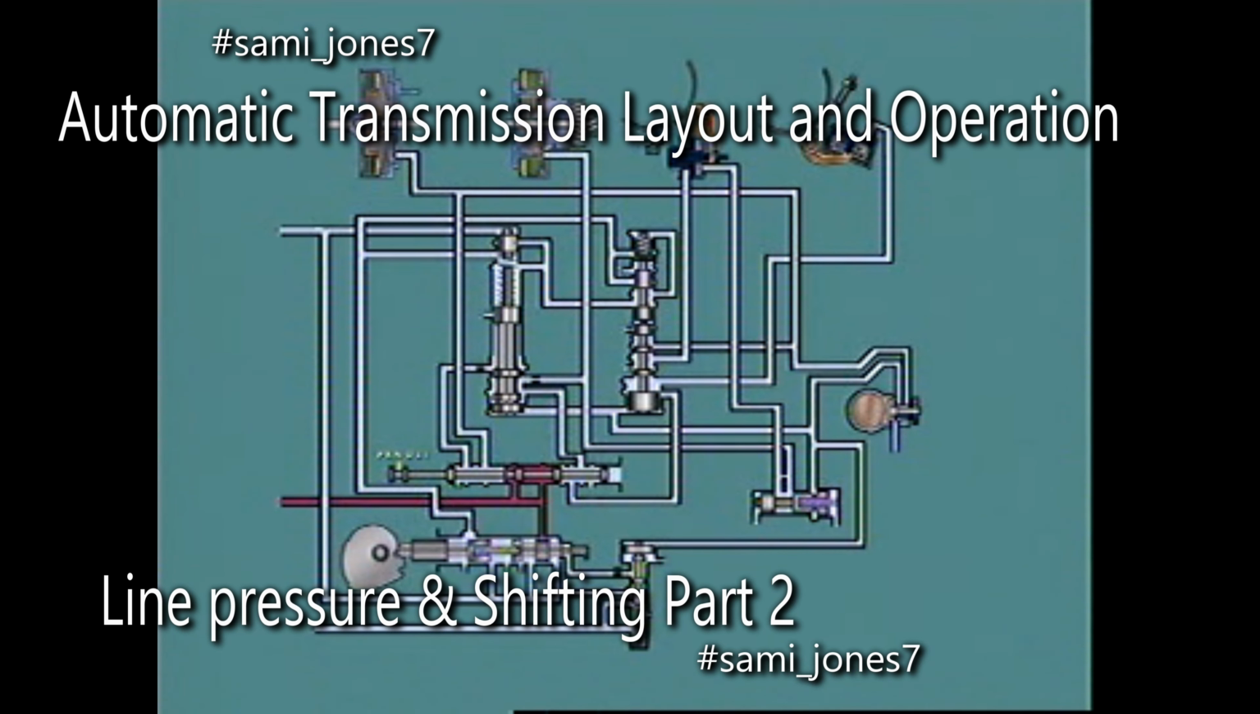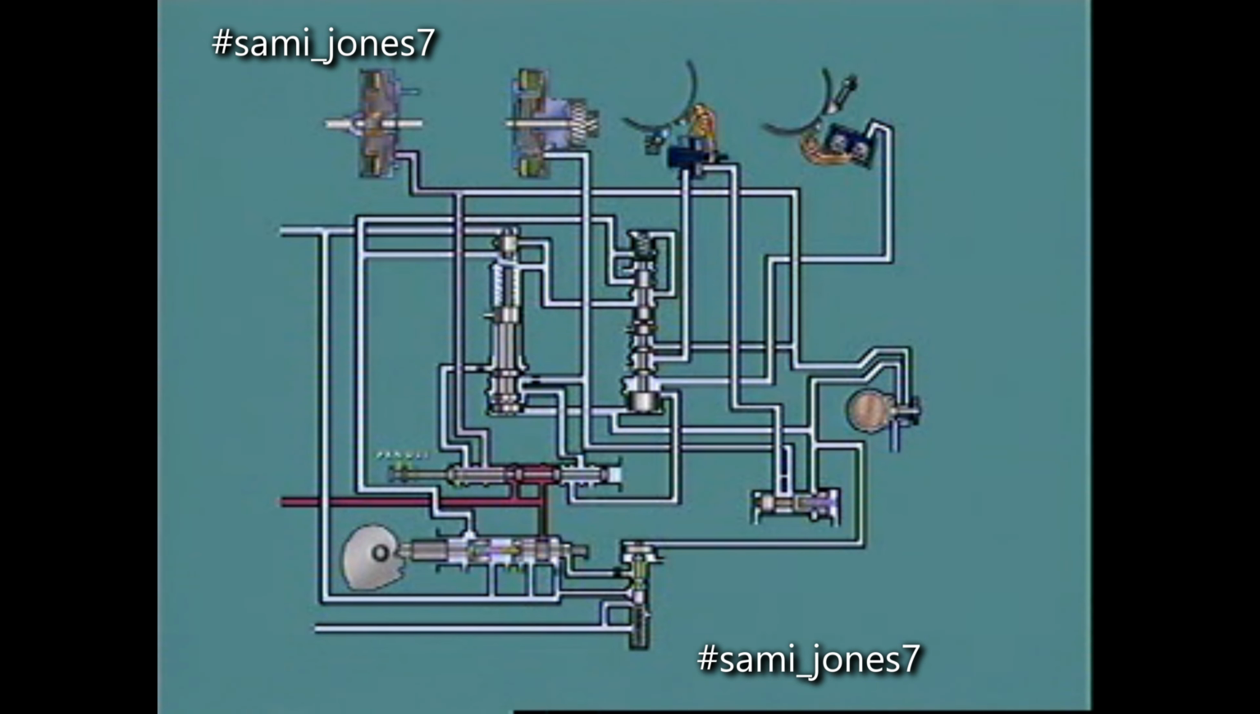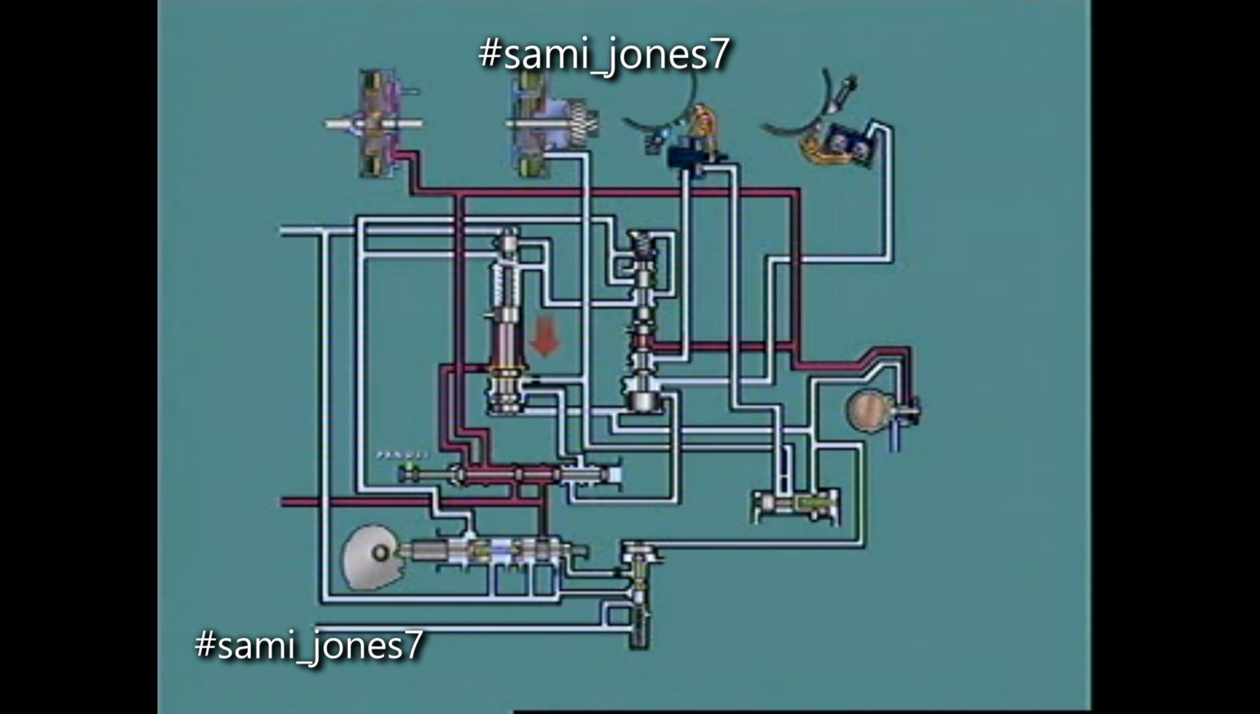When D range is selected, the manual valve directs fluid at line pressure to the front clutch, which remains applied in all forward gears. Fluid is also directed to the governor and the 1-2 shift valve, where it is blocked at a differential area. A separate circuit from the manual valve directs line pressure to a differential area of the 2-3 shift valve. This is held in the downshifted or 2 position by a combination of the differential force and